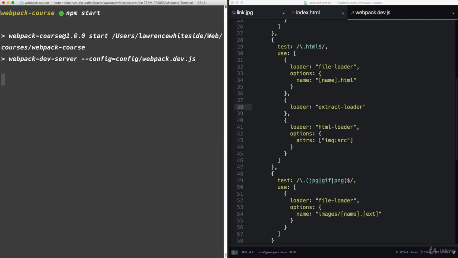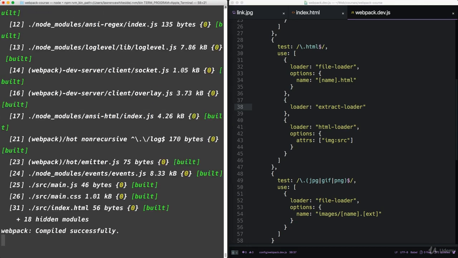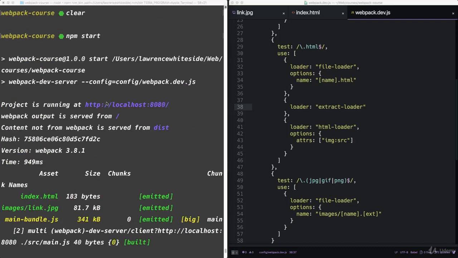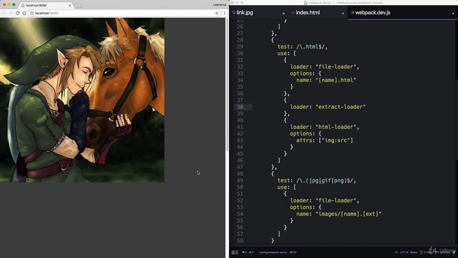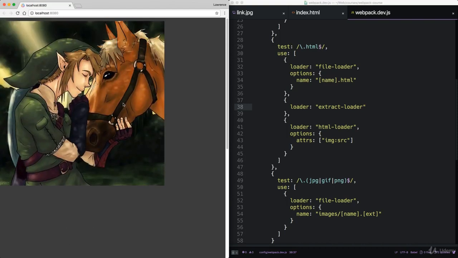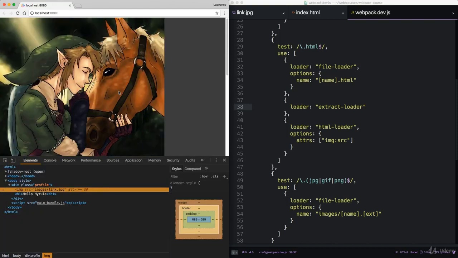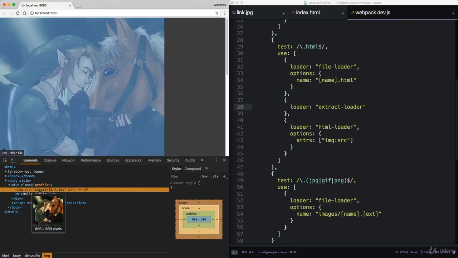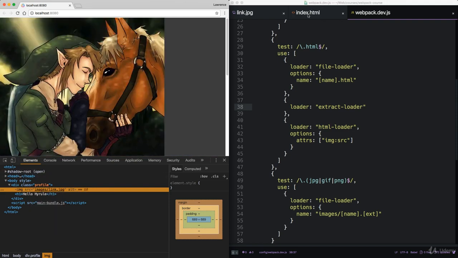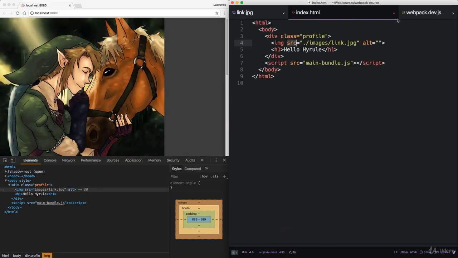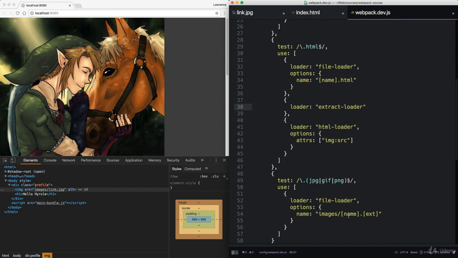Let's npm start to start our dev server. There we have it. We have an image that's being parsed by Webpack. You can see that images is not dot images like before. Now let's prove this. If you wanted to change this, and instead of just having the name, also have a